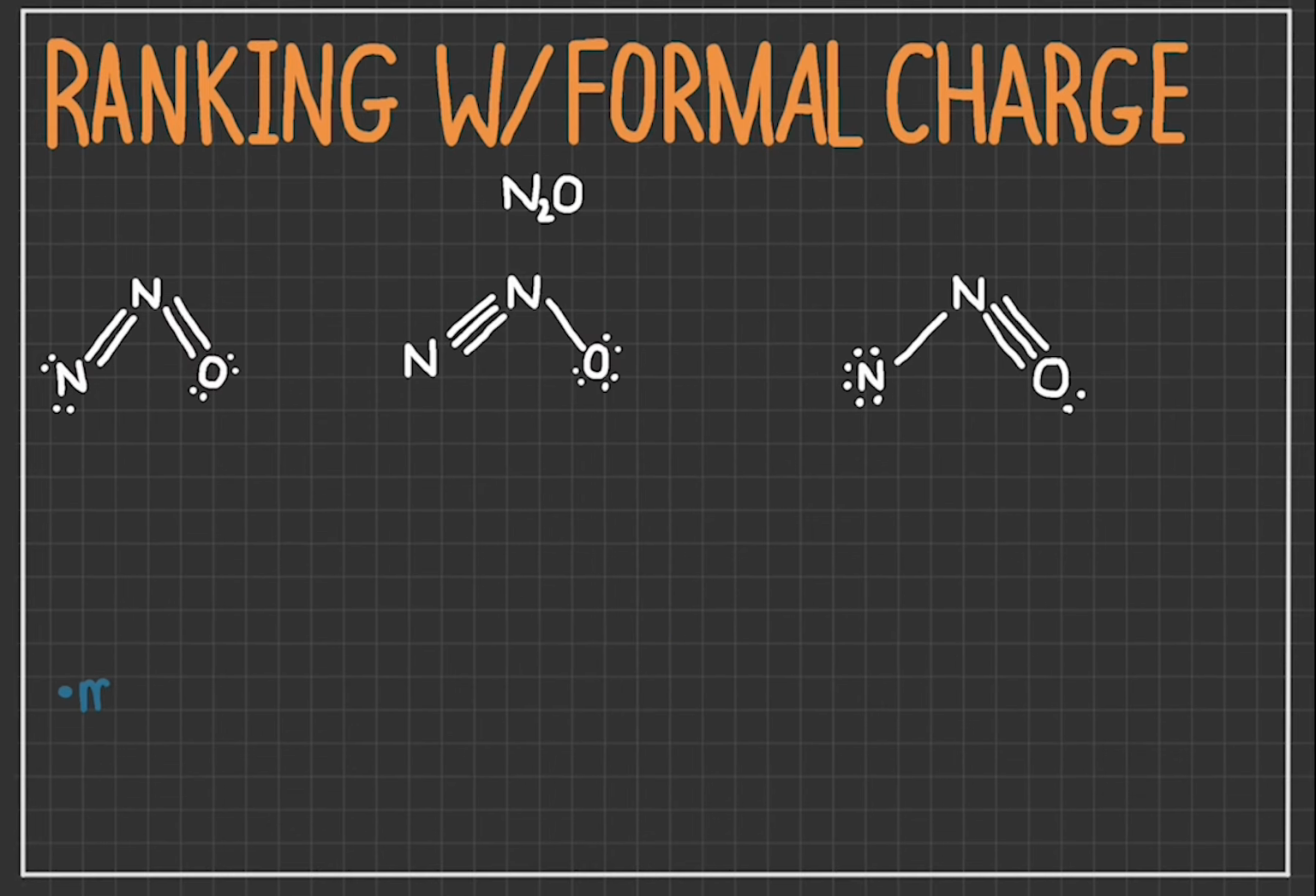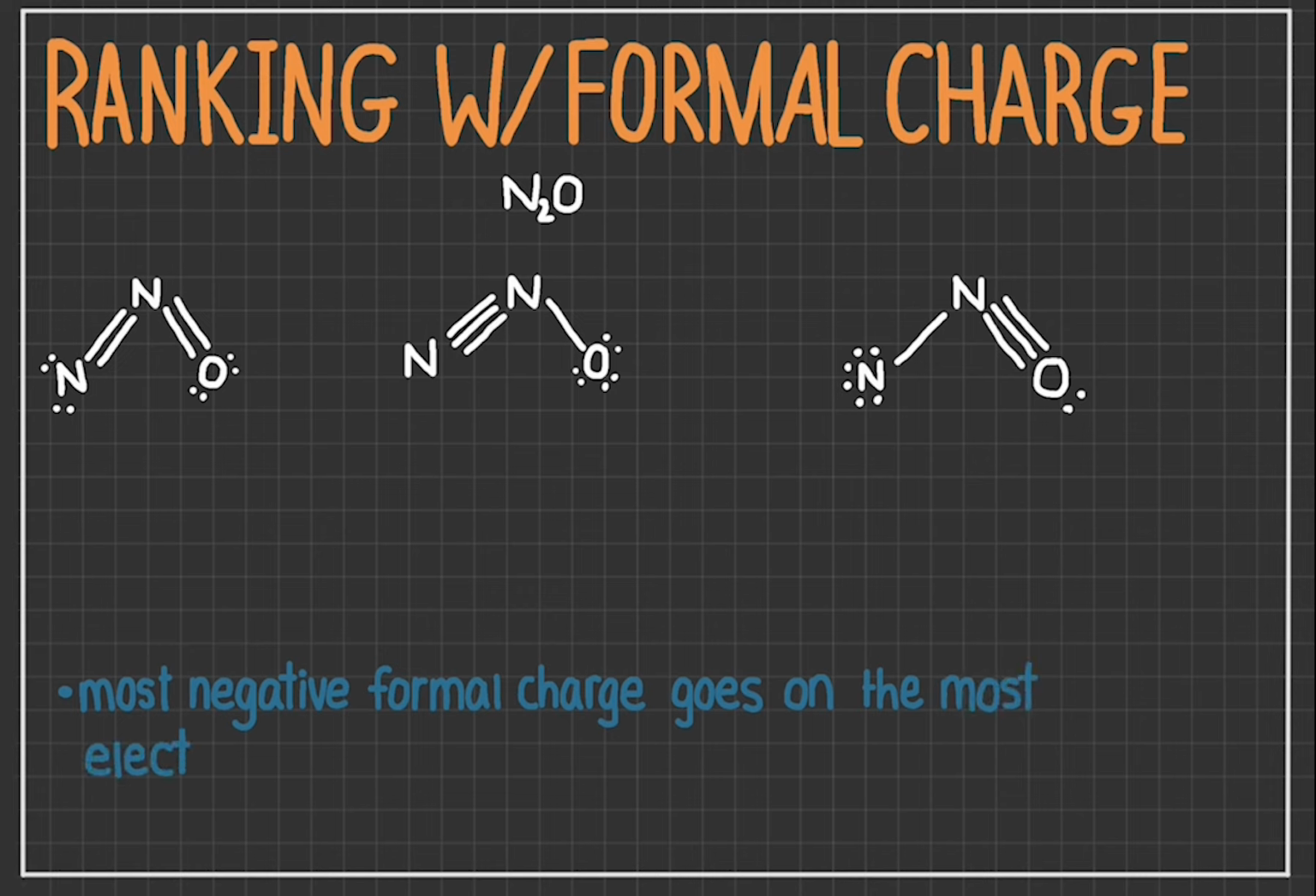Something you can do with formal charge is use it to rank all the possible Lewis structures for a molecule. One good rule to go by is the most negative formal charge goes on the most electronegative atom. The way to determine how good or bad a Lewis structure is using formal charge is to determine the formal charge on all the atoms in each Lewis structure, and the one that is best will have the lowest charge